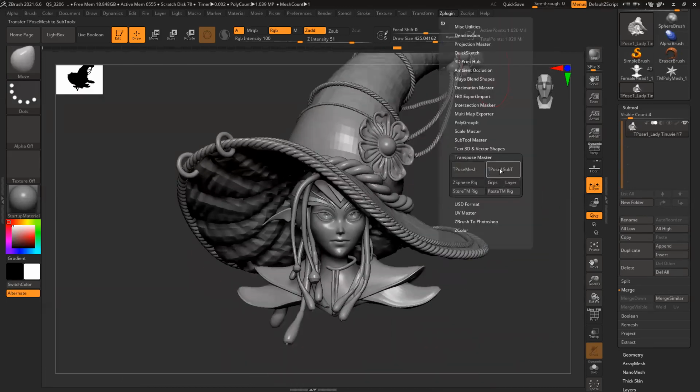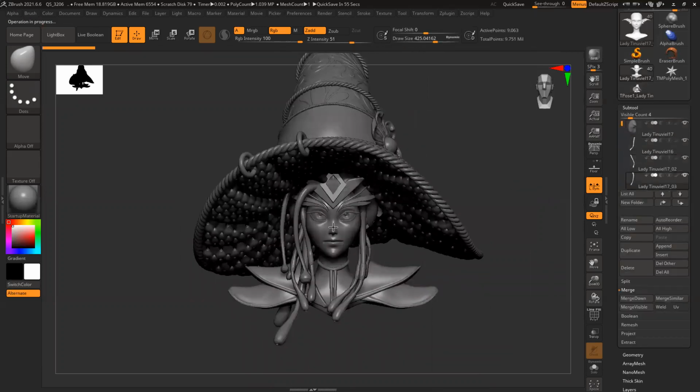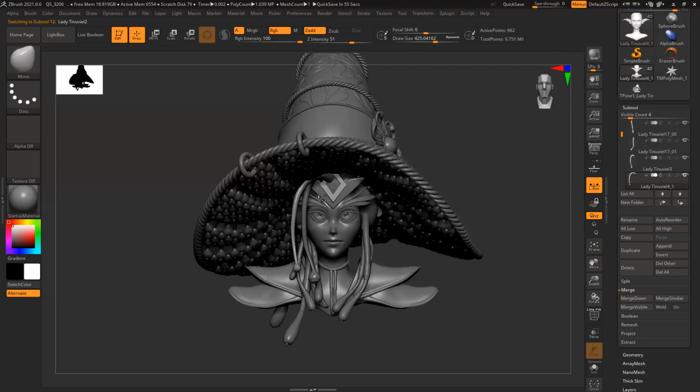Now I'll go to T pose subtool, where T sub means basically subtool. If I click on this, it will transfer this pose to all the parts separately and retain all the high poly, all the subdivision levels, anything there. It's for posing basically. It will retain all the detail of your model, all information, all subdivision levels, all layers, anything you have created, and just update the pose.